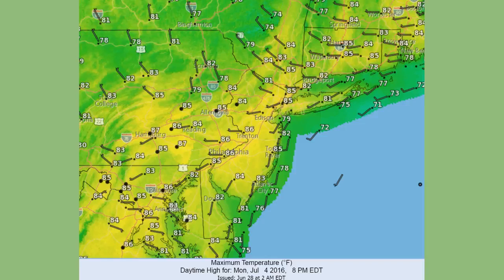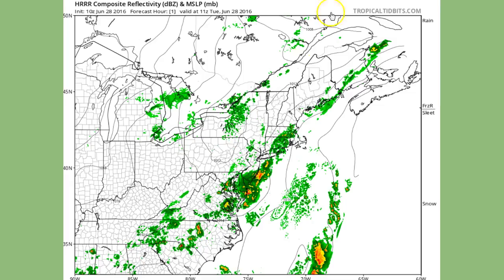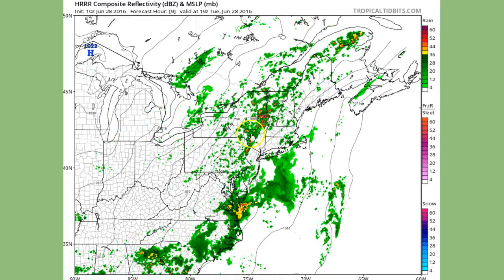Temperatures on the 4th of July. Look at this. Delightful. Temperatures again near normal, in the mid 80s across all forecast regions. Cooler along the South Shore and east ends of Long Island. One band of rain is exiting southern New Jersey this morning. That's our one front moving through, and then after that we wait for the next showers and thunderstorms to populate the grids,